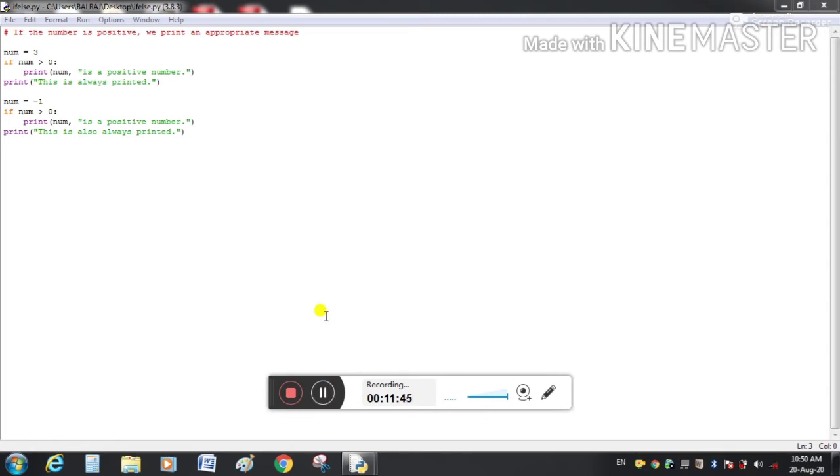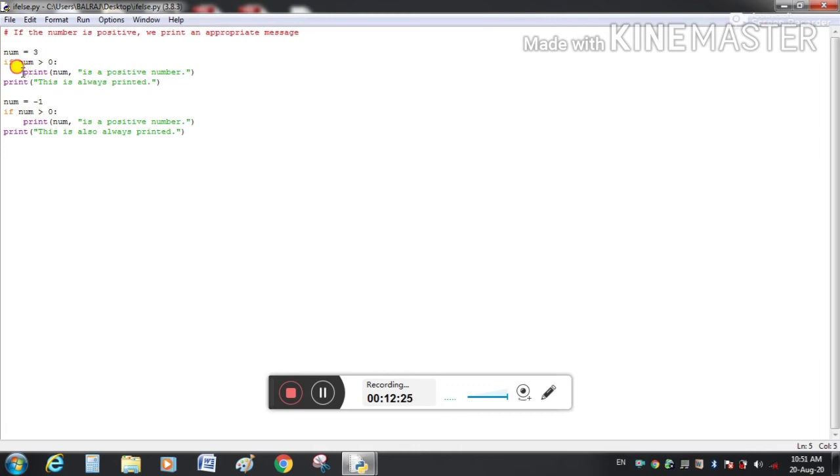In this program we will see whether the number is positive or not. So here we have initialized the number with value 3, and here is our decision making statement if number greater than 0. You can see this statement is at a different indent. It means only this statement comes under this if statement. This print statement is outside the block of this if.